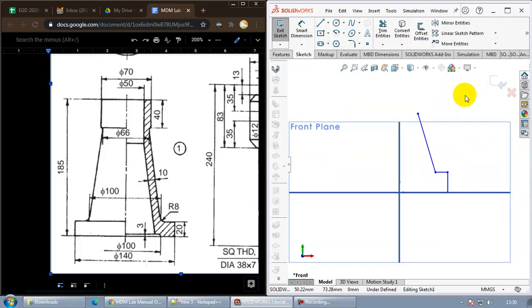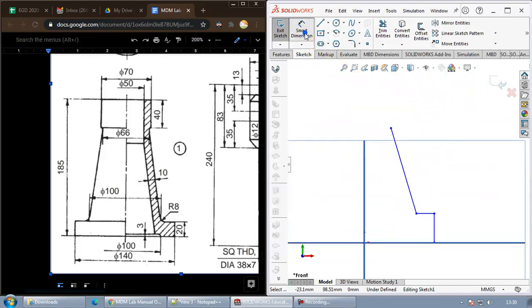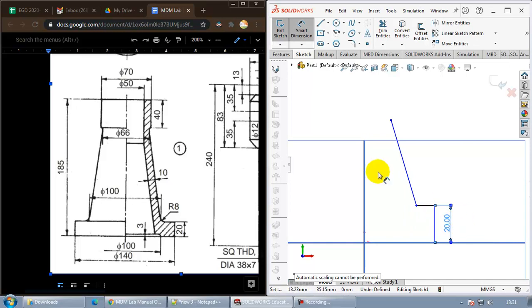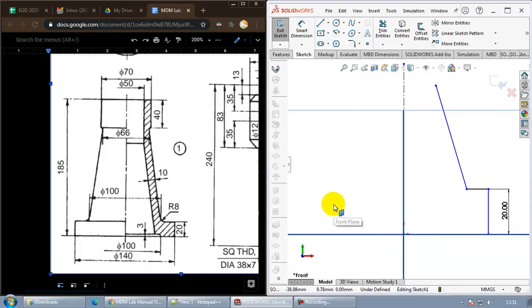Now after drawing a few lines, it's better if you go for dimensions and start changing the dimensions. Don't give too many dimensions at once, because if you try to make changes after that, it becomes very difficult. So I suggest you just draw a few lines and start doing the dimensions part. The other thing that I require is a center line. I will start here at the origin and go up. This upper point I can drag later to as far as I want.